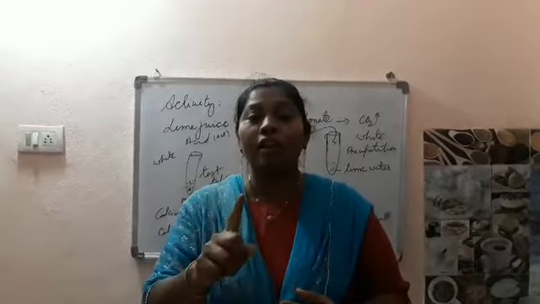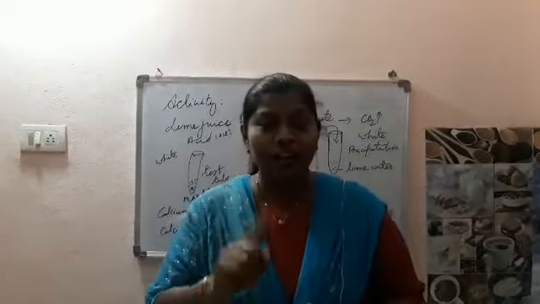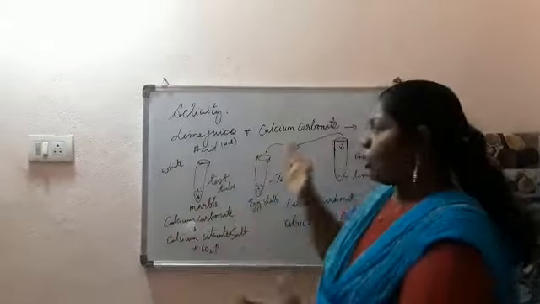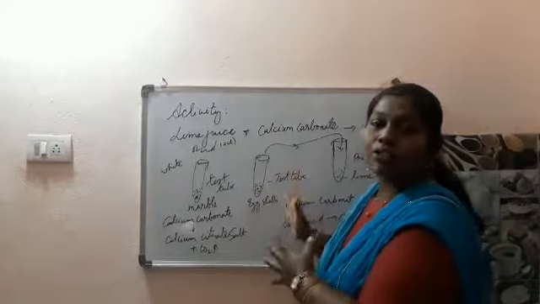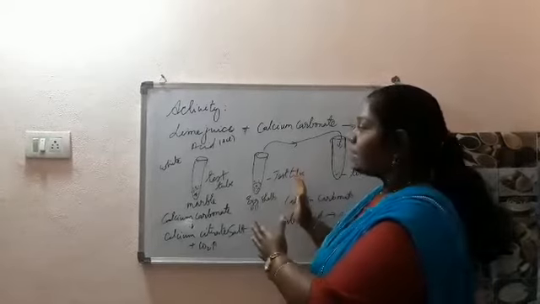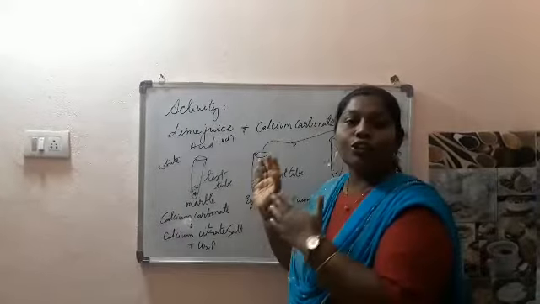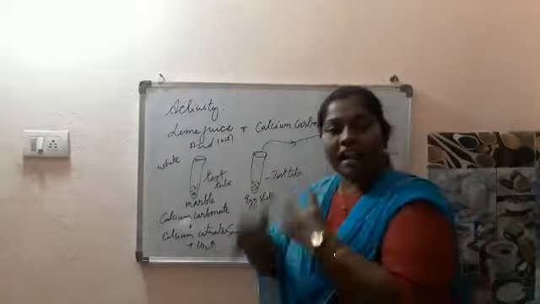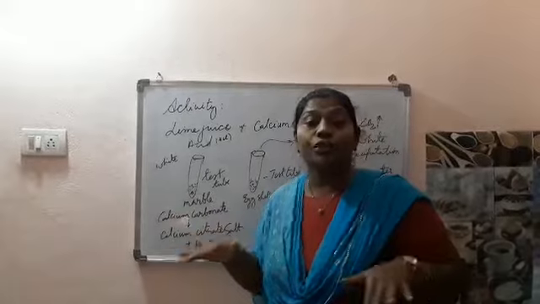Okay. If only the flame is blown out, then only you can say your reaction is correct. So, when an acid reacts with a base, it gives rise to a salt, water and carbon dioxide. By doing this activity, we can prove that the neutralization reaction has taken place. An acid reacting with a base gives rise to a salt, which is completely neutralized.